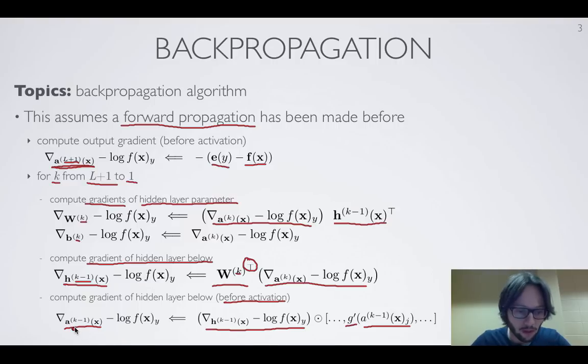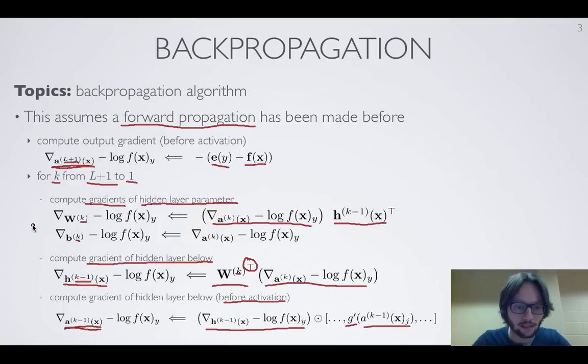And so once we've reached that part of this iteration in the loop, we now have the pre-activation gradients for k minus 1. So now we're ready to go from a given value of k to the value of k that's 1 less. For instance, if we started at a value of k which is l plus 1, we'd be ready to go to k equals l, and then k equals l minus 1, and so on